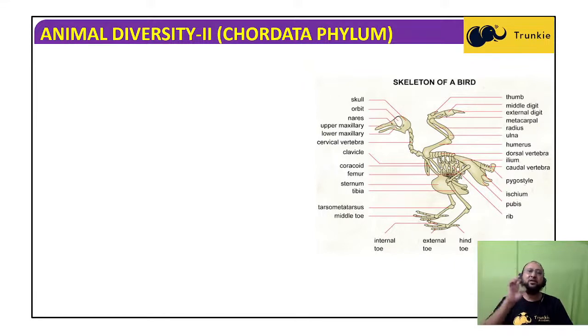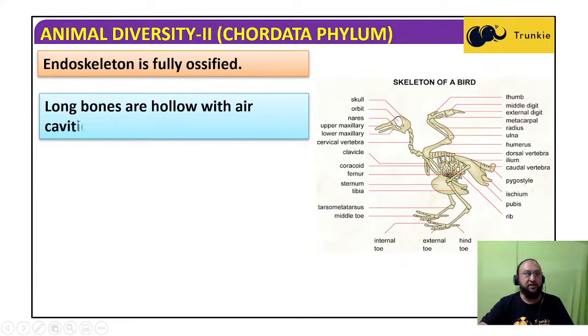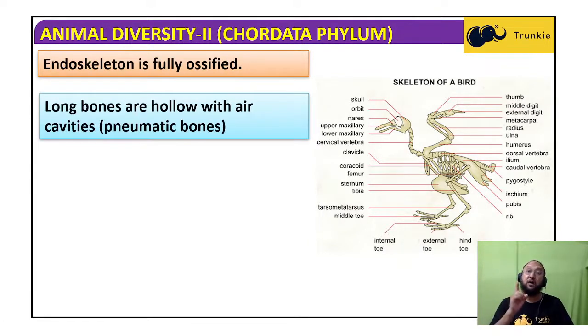So all these names are not required to know, but these are the different parts of the skeleton present in birds. As per the syllabus of CBSE, NCERT and NEET, each and every name is not required. We have to know the skull, then the vertebrae. The skeleton is light, pneumatic. The hind limbs are modified for perching, walking, etc. And also there is a pygostyle at the last bone.